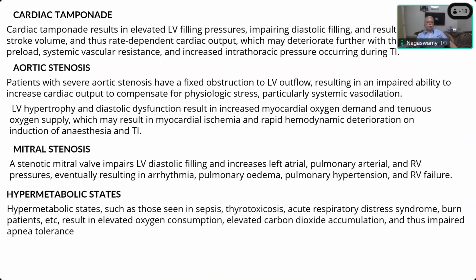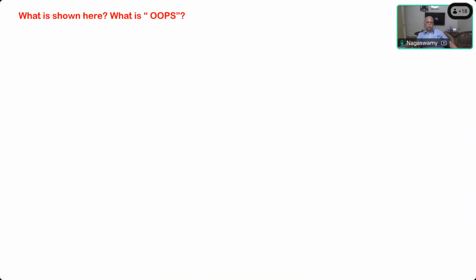Okay, so these are the other causes after RV failure: cardiac tamponade, aortic stenosis, mitral stenosis, and hypermetabolic states. These are all the other causes of a physiologically difficult airway. So in these cases, if intubation is needed, you have to go for